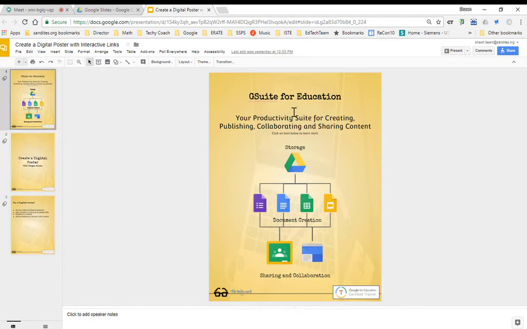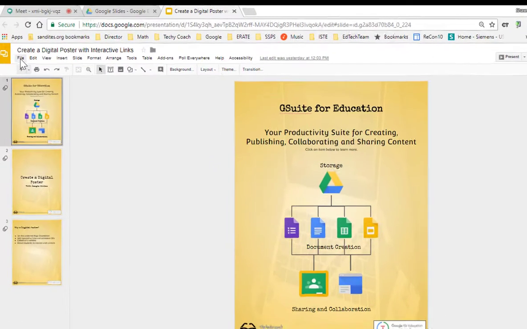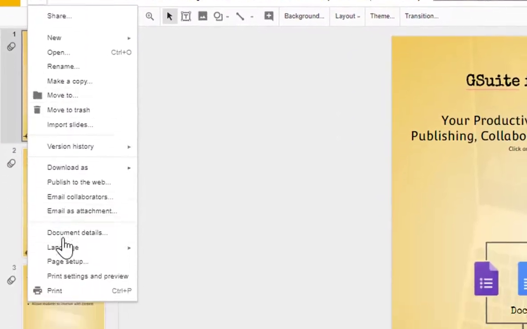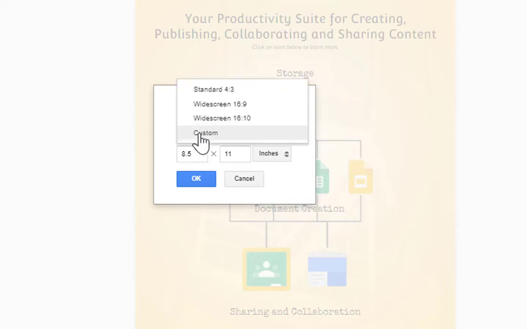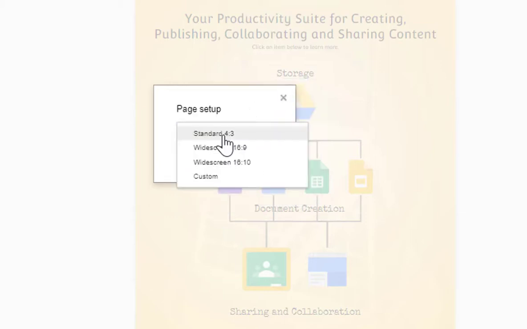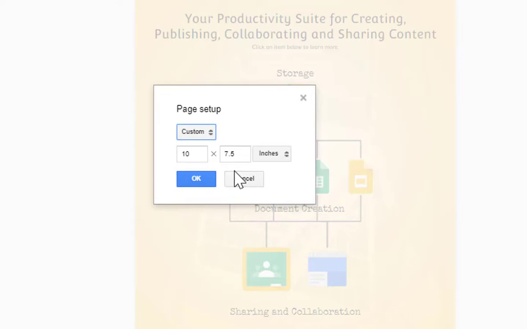To give you an idea of what's going on here, I do have my slides set up a little bit differently. Going over how I did this, you go to the File menu, and if you click on Page Setup, you can customize the way your slides are laid out. For instance, the default is a standard 4:3 ratio in landscape. But what we've done is we clicked on Custom, and I've changed this to an 11 by 8.5